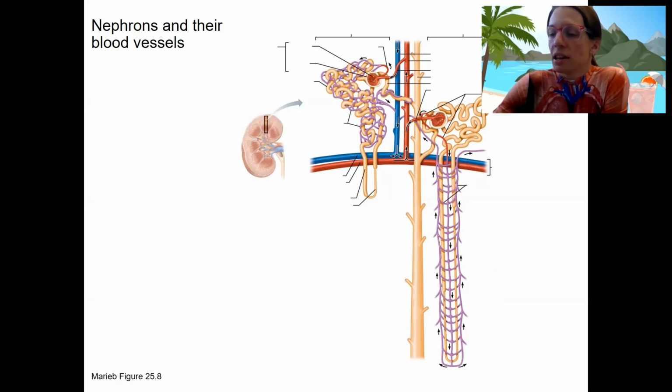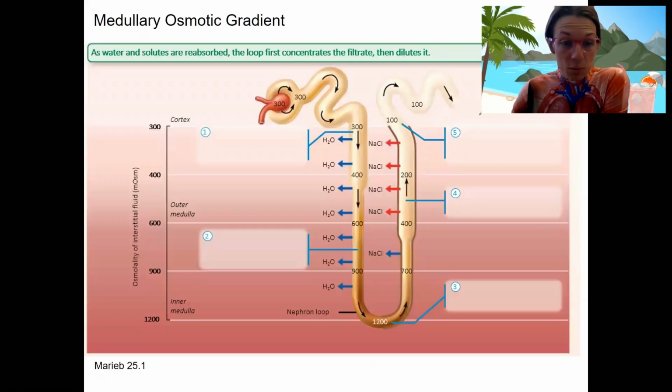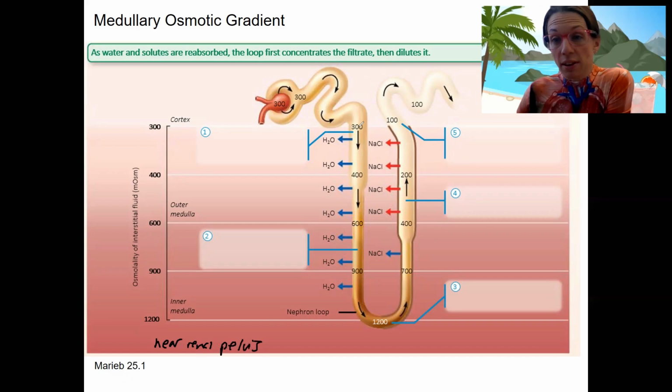So this is the entire process. Again, this would be a juxtamedullary nephron. And we know that because we're all the way down to the inner medulla. These are the only nephrons that reach that far down into the inner medulla near the renal pelvis. So we've got the filtrate entering this nephron loop. That filtrate is 300 milliosmoles, so isoosmotic to the blood and to the